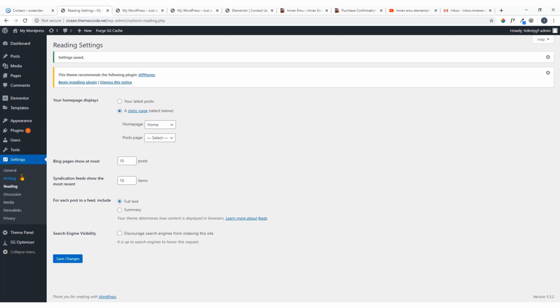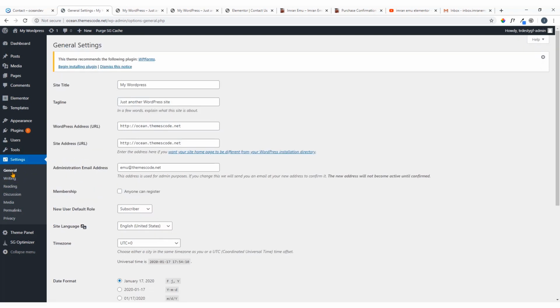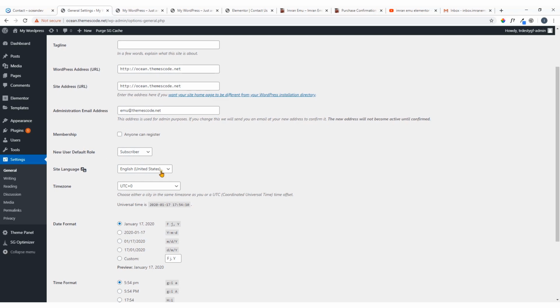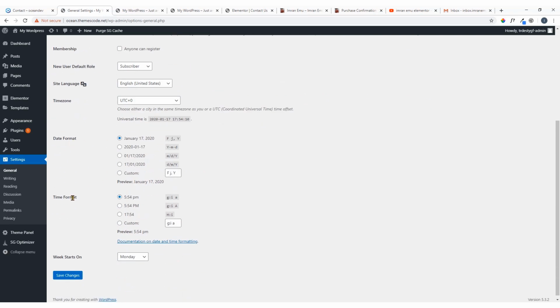Let's see, set the permalinks, get back to general settings, and here you can see site title is my WordPress, but you can change it according to your website or brand. Just remove this tagline, you should use your tagline, and from here you can change the default date format, default time format, weeks start on, everything. Just hit save changes